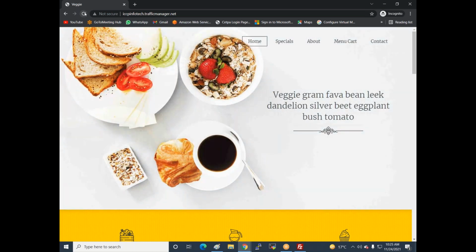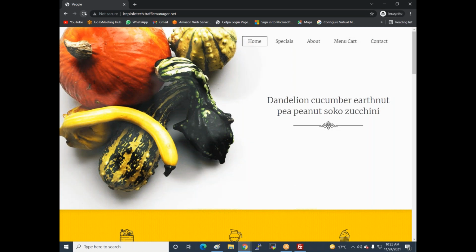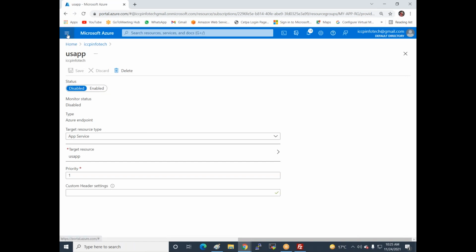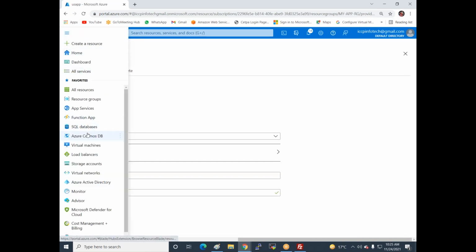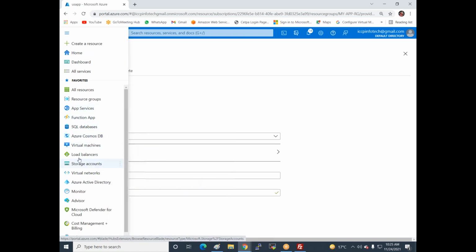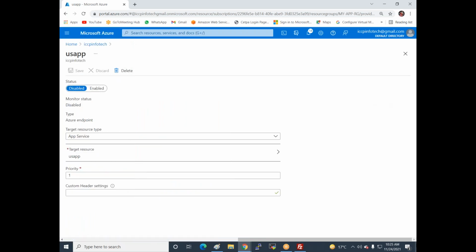Understood? Yes. Any questions related to this? No questions. So now I've finished two more topics in traffic manager, and we have also covered traffic manager and the app services. In the next class we will introduce the storage part. So I think that's enough for today. Thank you. Any questions related to this?